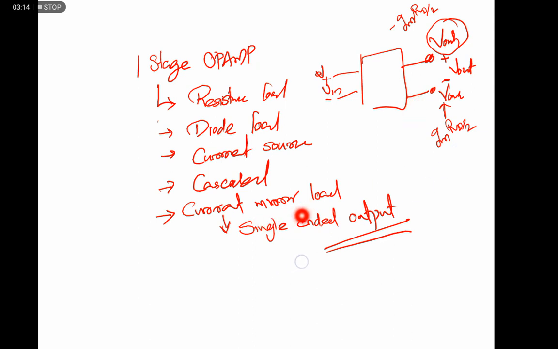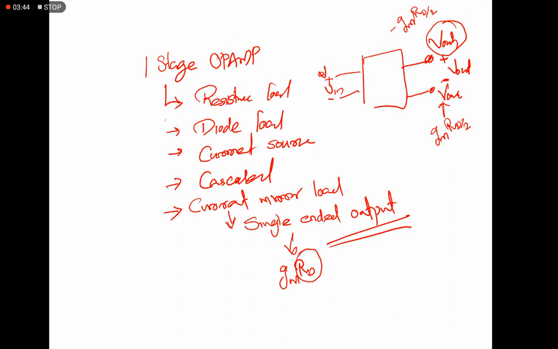But if we use current mirror load, it can give single-ended output whose gain is exactly the same as that of a normal amplifier, that is Gm into Rd, where Rd indicates the resistance seen at the drain. That resistance may vary with respect to diode connected load, current source load, or cascode load, etc., that we derived in our different types of differential amplifiers. Okay, so now we'll go to the